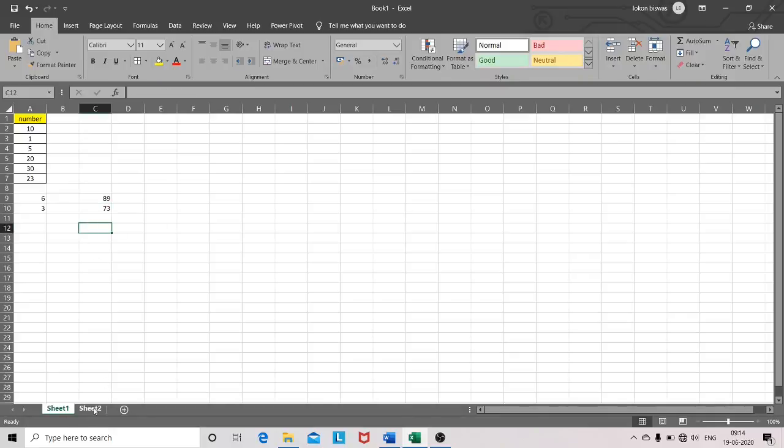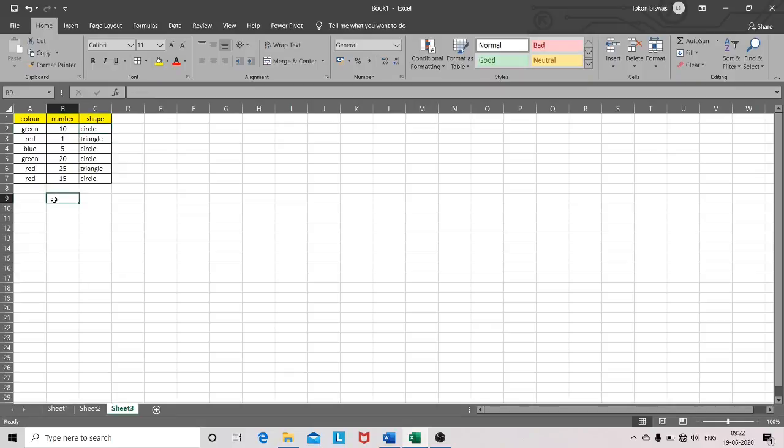Okay, now for the summing function, we have another table here. I just want to add the numbers which have shape circle and color green.